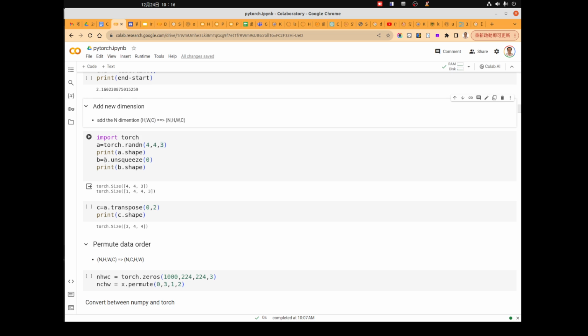So we can use the unsqueeze function to add one more dimension to A, and it will return B. When we print the shape of B, you can see that we have one more dimension here, and we have only one element for now, because we have only one image.